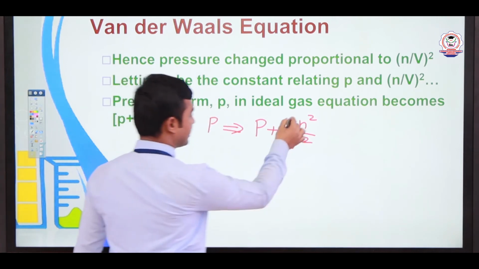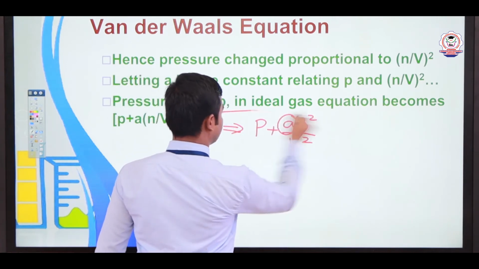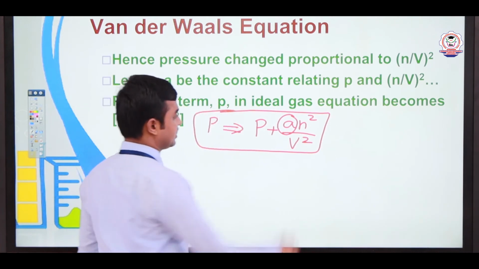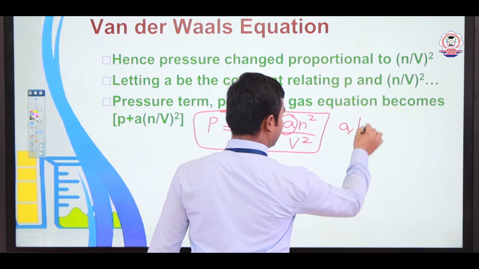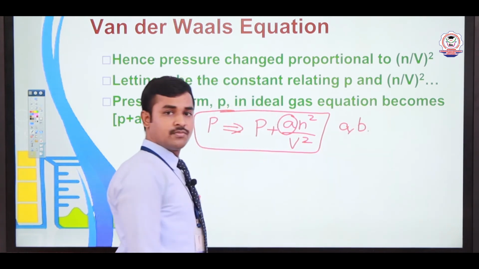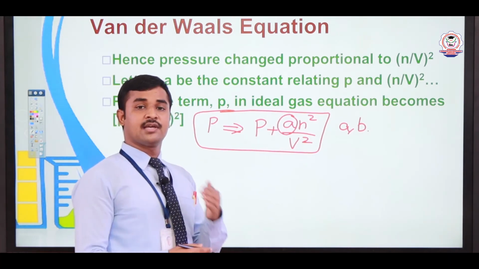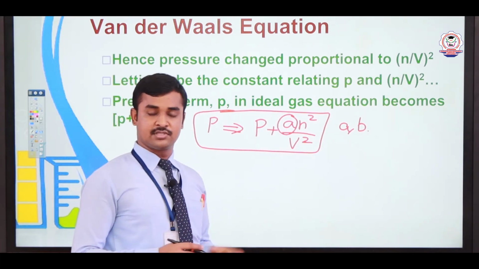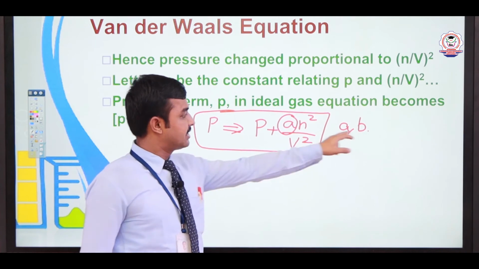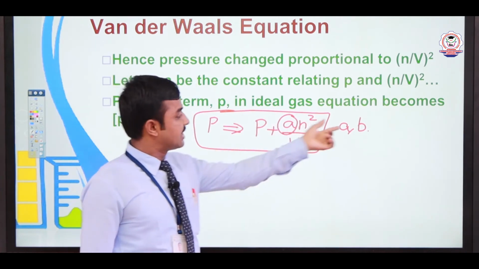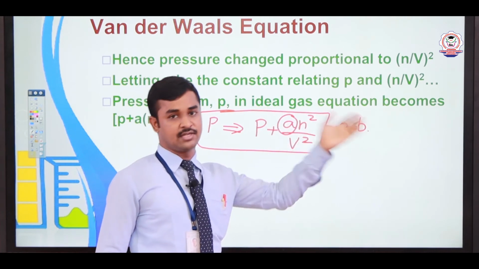Here you can see I additionally added one constant. It is the van der Waals constant. Van der Waals used the constant terms a and b here. Both are called van der Waals constants. The constant values will be identified by the critical constant values in the next video. So note that a and b are added. The first constant a is added with the pressure, and the second constant b is added with the volume.